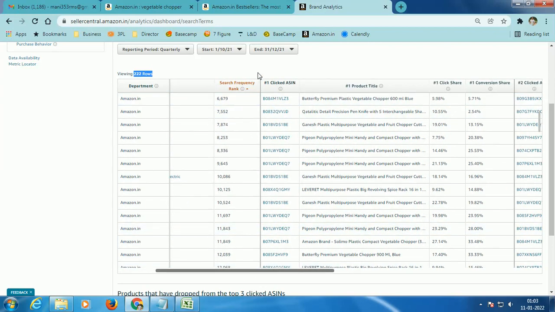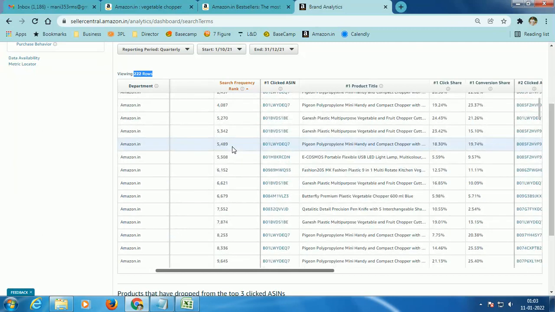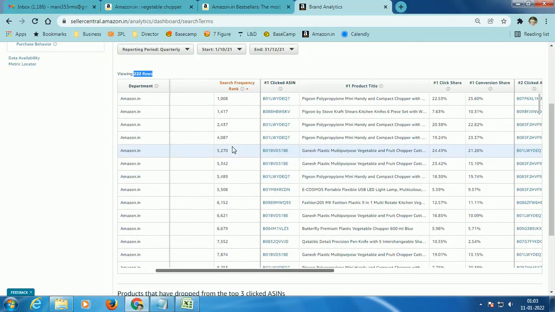Now you cannot correlate search frequency rank to your search volume, but you know how you need to view this is search frequency rank. It is just like a rank which Amazon is providing, right? I mean, lower the search frequency rank, higher the sales velocity. Understood? It is just like your BSR, right? When you see a competitor having a lesser BSR, it means he is getting so many sales. Likewise, when you see somebody with a lesser search frequency rank, it means this guy is doing really well, right?